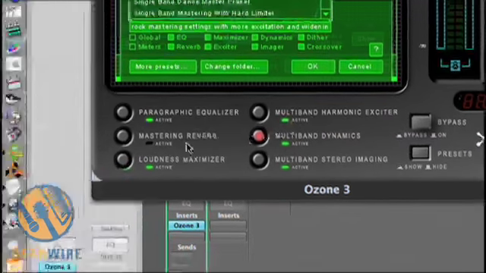If you wanted to add that to this preset, you could actually save it as a new preset and have